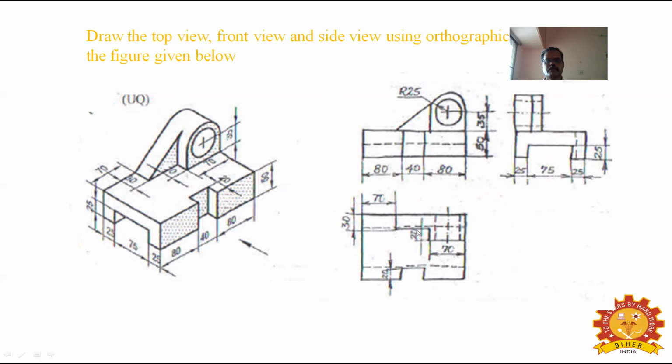After completing this top view, you have to draw the front view. In the front view also, first draw the height. Height is given as 50 mm and length is given as 200. 200 by 50, draw the rectangle. From all the corner points, you have to draw the vertical lines, and you have to complete this slot in the front view. Okay.